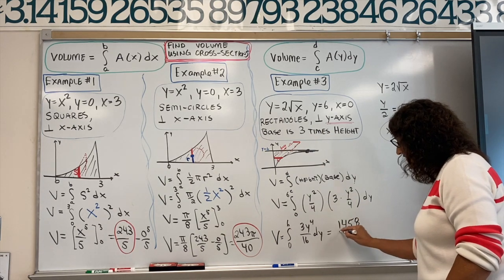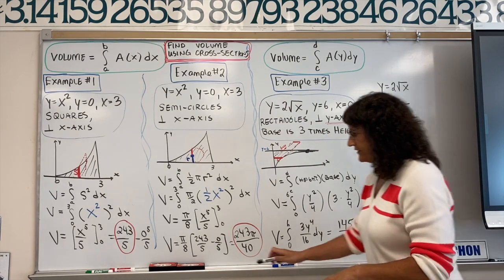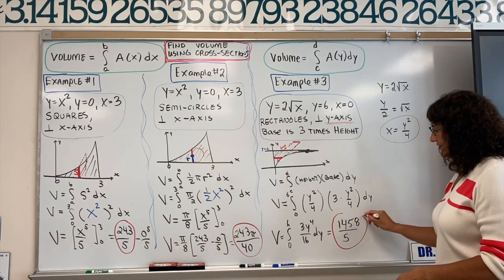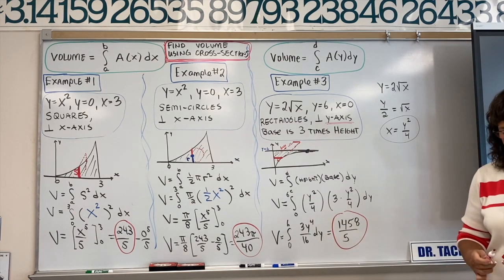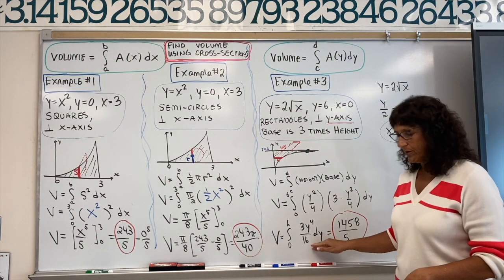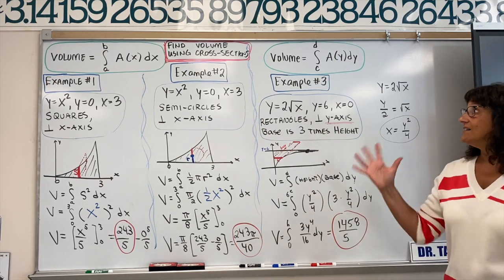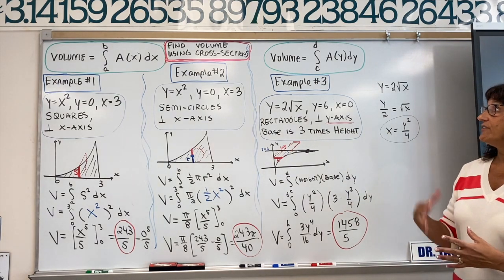1,458 over 5. I keep saying it to myself so I don't forget the pieces there. So here's the answer. It's not difficult to do by hand either, just using the power rule of integration. So, hopefully this gives you the idea of how you would address finding the volume